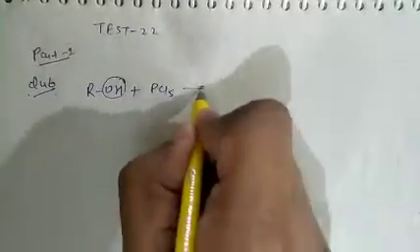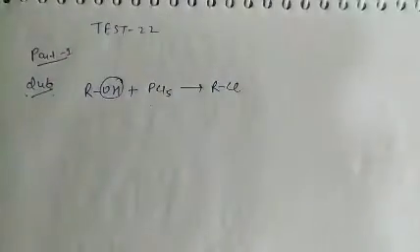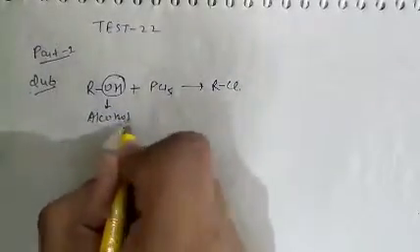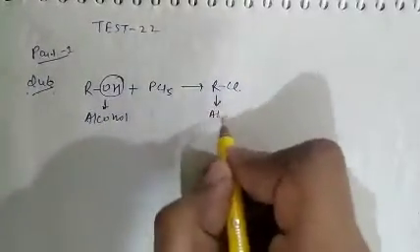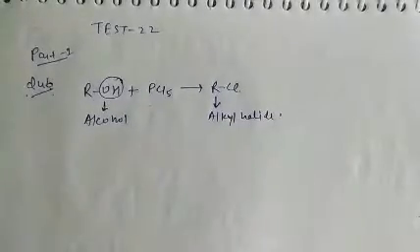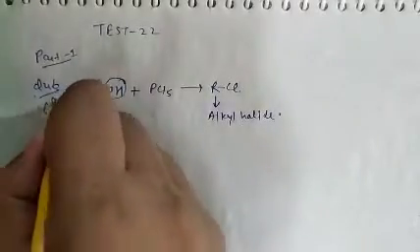See question number 46. Question number 46 is basically PCl5 reacts with a compound containing. As we know, when there is alcohol and it reacts with PCl5, then OH is replaced by a chlorine atom. So basically alkyl halide is formed from alcohol on reaction with PCl5. So question number 46, compound containing OH group. Question number 46, option B is correct.